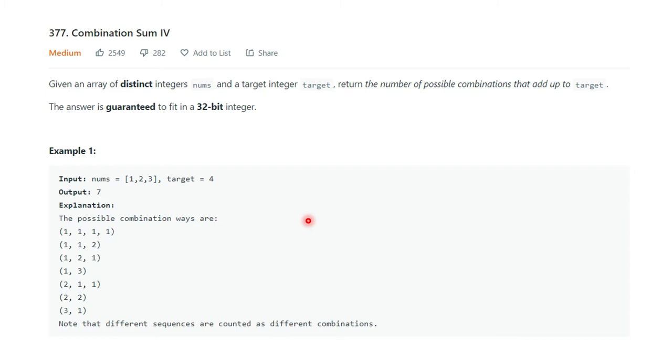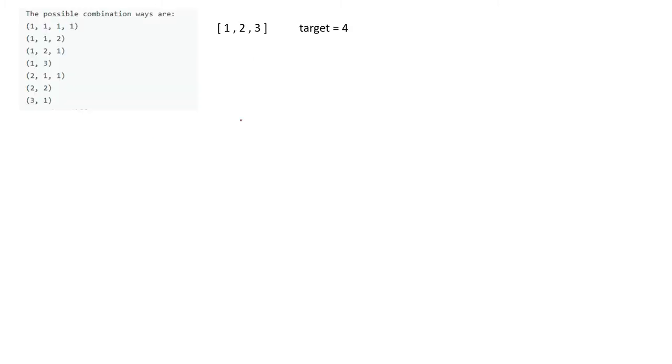So now we will check how this is different from the other Combination Sum 1, 2 or 3 problems, and how we can solve this. Take the first example, where we are given 1, 2, 3 and the target was 4, and we can get all these 7 combinations. Now how can we solve this? The first thing is that this target 4 we have to form using 1, 2, 3. That means every time we have to use all these numbers, and that too multiple times.